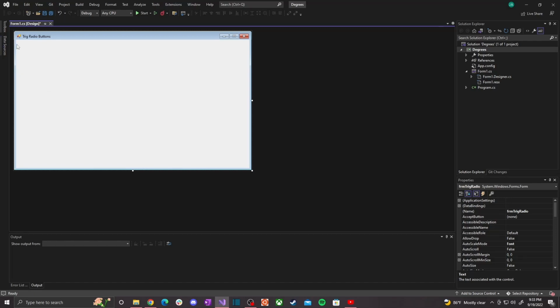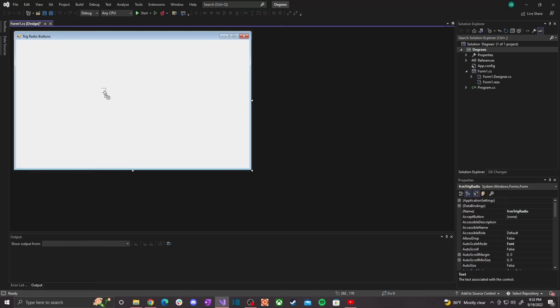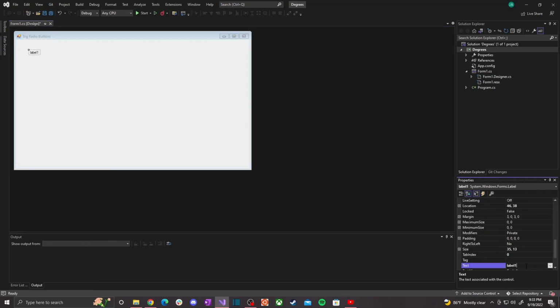Let's go ahead and actually insert all of these into this canvas. So I'm going to now click on my toolbox and then select the object. I use the common controls because we're going to be using mostly common controls for most of our projects for this lab. Let's go ahead and click on label. I'll put it right there. I'm going to give this label just a text. So enter